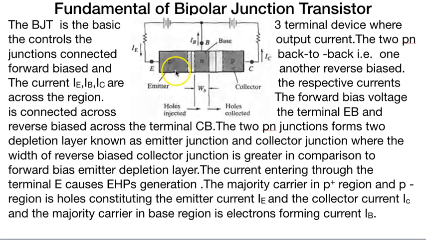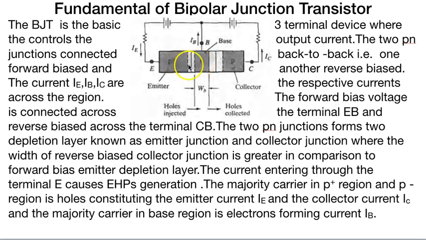That's why their depletion region is less, as the majority carriers from the emitter region cross to the base region and become minority charge carriers, and only